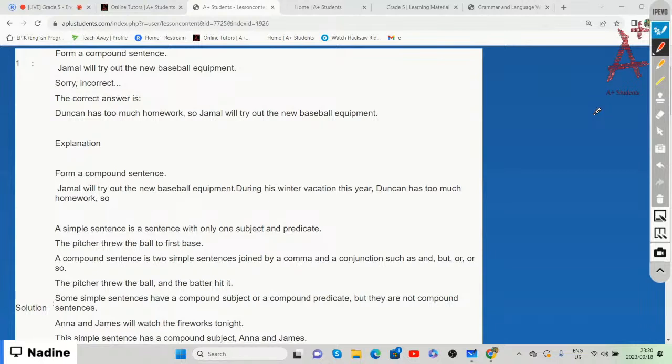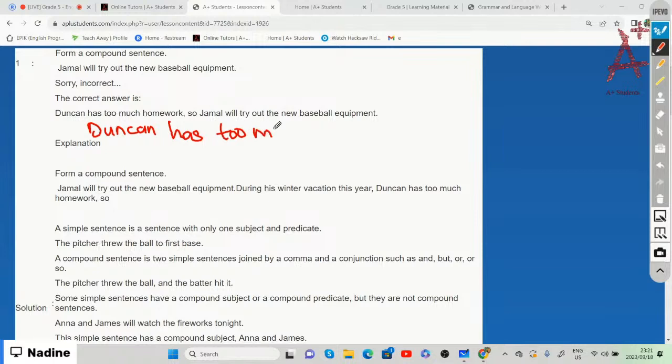All right, so if we look at the first one, it says Duncan has too much homework. The second sentence is during his winter vacation this year. During his winter vacation this year, Duncan has too much homework. And then we also have Jamal will try out new baseball equipment. So when we put these two sentences together, Duncan has too much homework and Jamal will try out new baseball equipment,